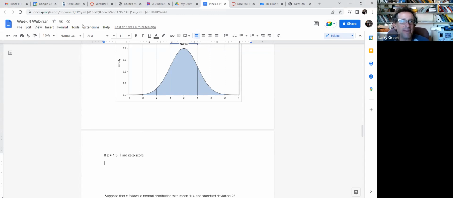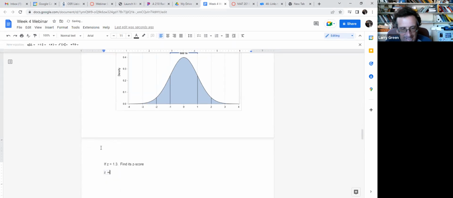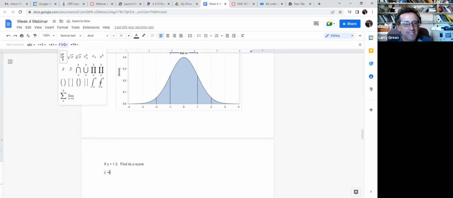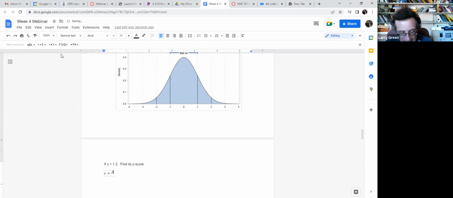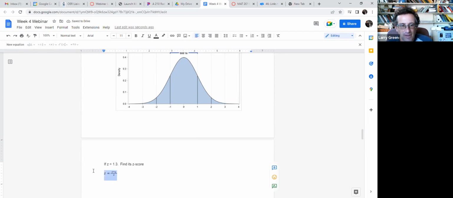So let me put that in, make it fancy looking. Insert equation, and you go z equals, make a fraction, x minus mu, over the standard deviation, sigma. I think I'm going to make that a bunch bigger because it's way too small. That looks better, doesn't it? Equals